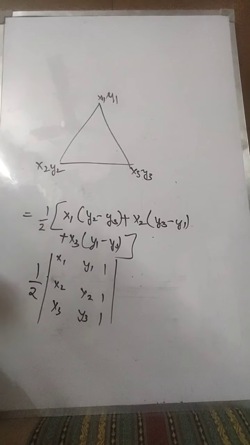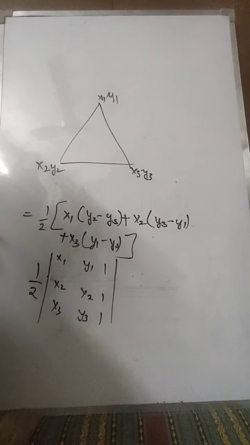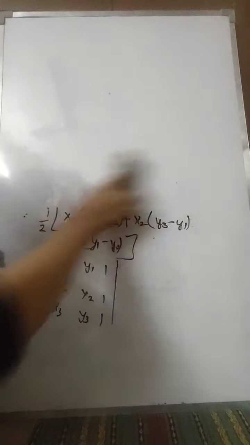Now this is all about area of triangle. You can have a question on this for 2 marks or 3 marks. There can be a question, but it's not necessary that you will always have one. But properties of determinant will always be there in the exam, so it's very important for us to understand what they are and how we calculate them. Now the next important topic that we are going to cover is minors and cofactors.